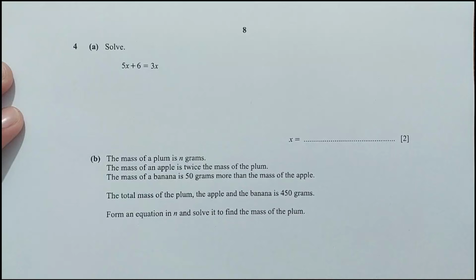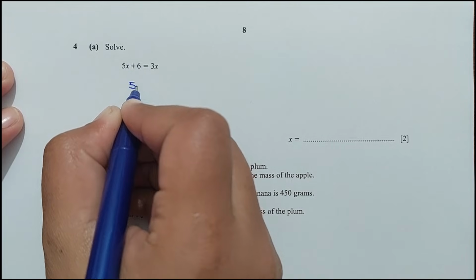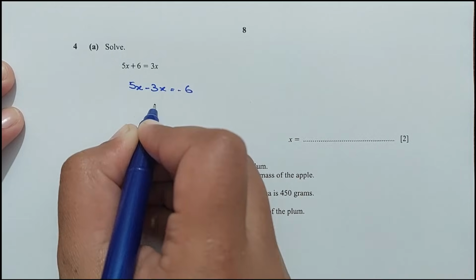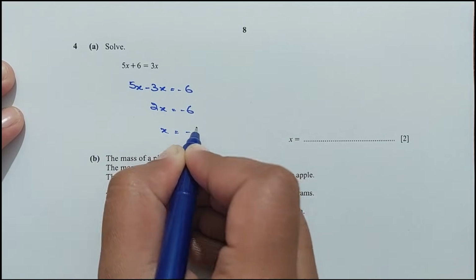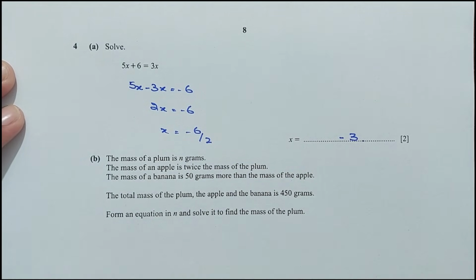46.7%. Question number 4, part A, we have to solve this equation. 5x minus 3x equals minus 6. 2x equals minus 6. x should be equal to minus 6 out of 2, which is negative 3. Right, now for